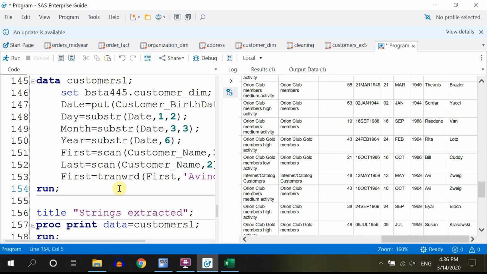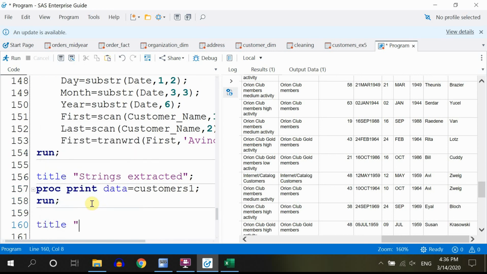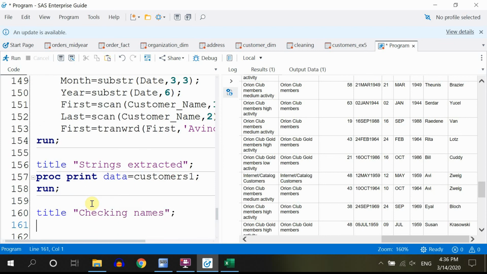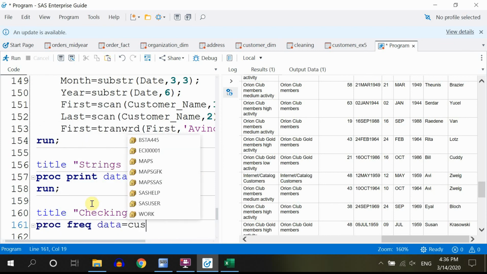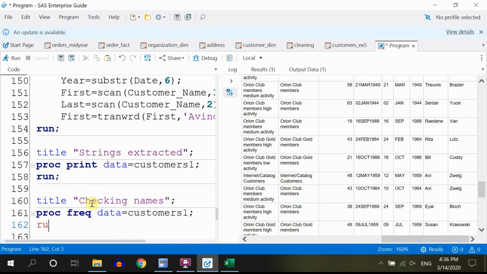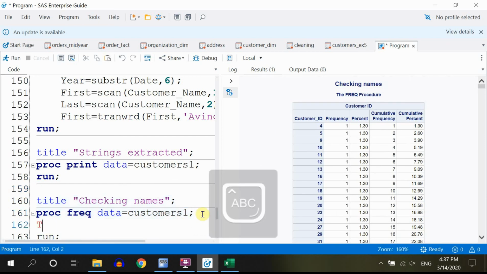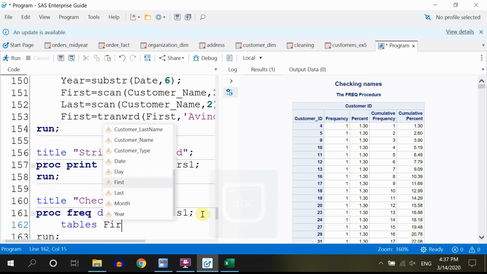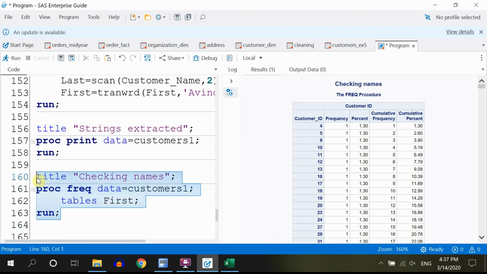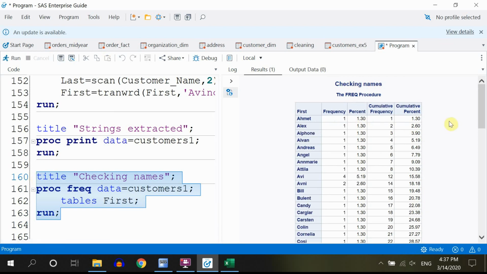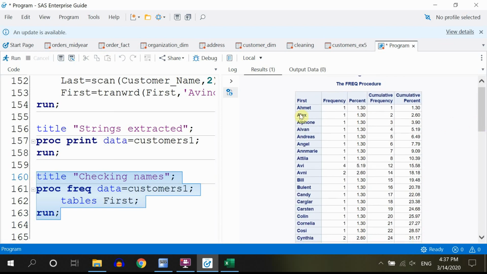There are a lot of other useful things that you could do. We could also check it by using procfrag. Let me just title checking names. Procfrag data equals customers 1 and run. So let's just run it and let's check here. Oh yeah, I forgot, guys. Sorry, I actually should have just indicated tables. Tables first. That's what I want to do. I don't want to do anything else, so let me just check the first name. So we have Ahmed, Alex, and other people, and we also have Avi,